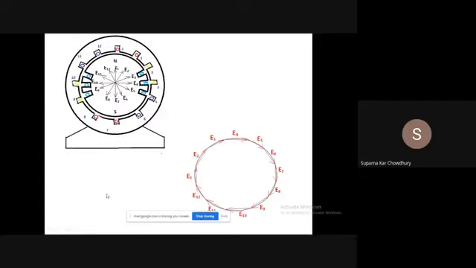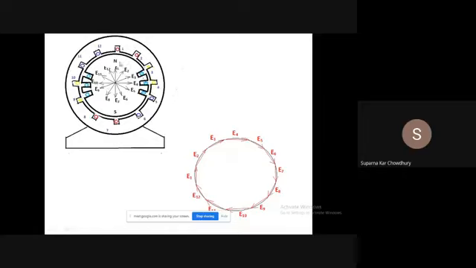Before going into the proper synchronous machine theory, we should define what a distributed winding is. We have seen how the voltage is generated in a synchronous machine. We will have slots on the stator, and in the slots we will have the armature winding, and on the rotor we will have the field winding. This is just a schematic representation. These are the stator slots, and in the stator slots we have put some 12 conductors, and this is the rotor, and this is the rotor winding.